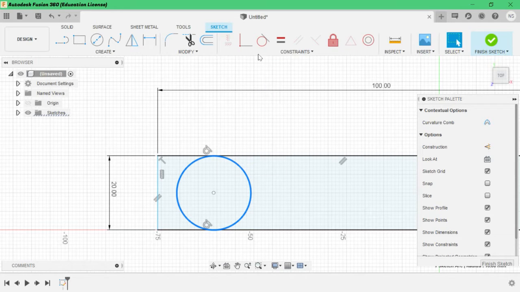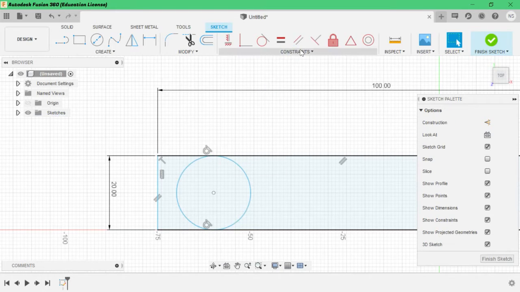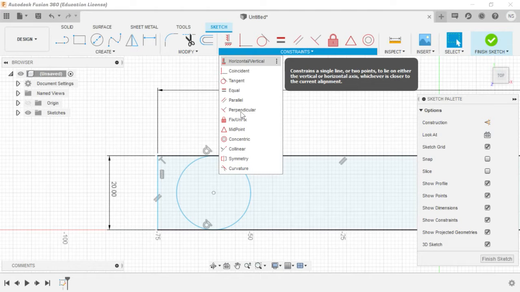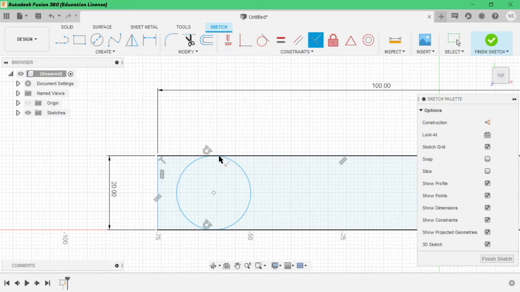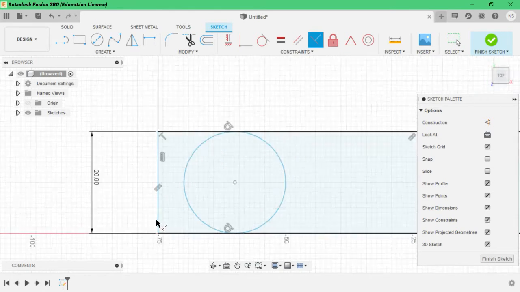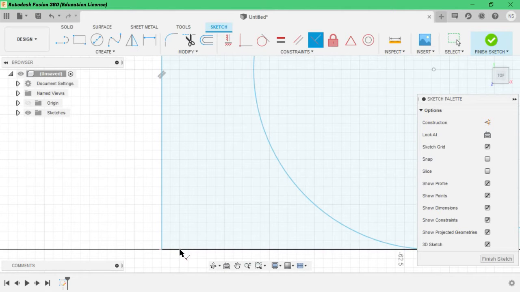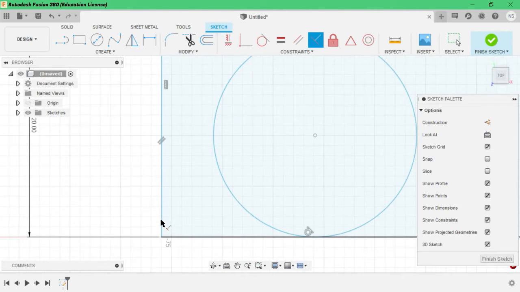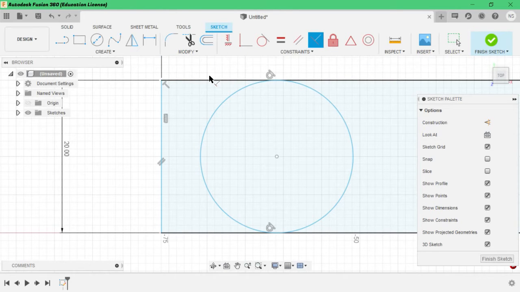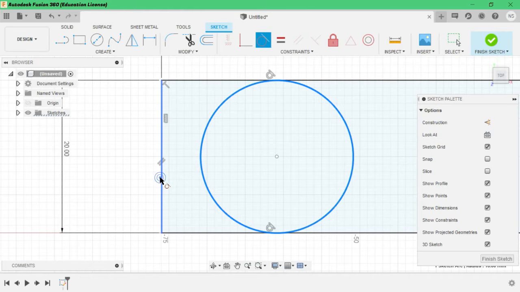Perpendicular constraint. Already these two are in perpendicular constraint. Okay, again we will give tangent. This is tangent with this.